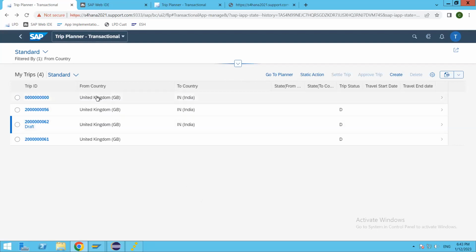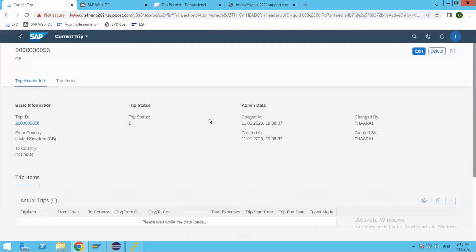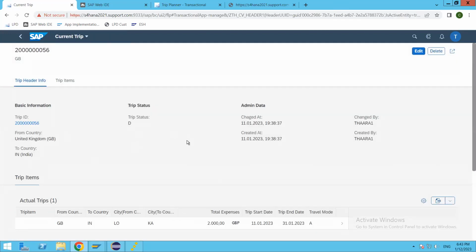But if we want to enable from country as a URL, if the user clicks on this particular button, the same thing we can achieve on the object page as well. On the object page, we are using this trip ID header entity. The hyperlink has been automatically enabled for this one, right? So this is quite